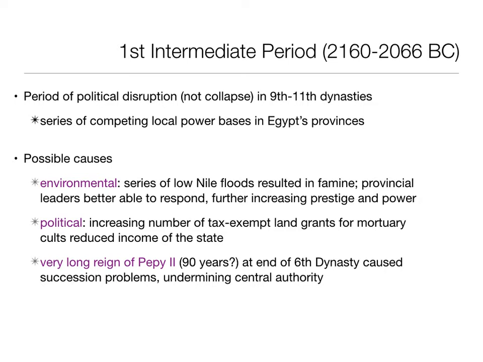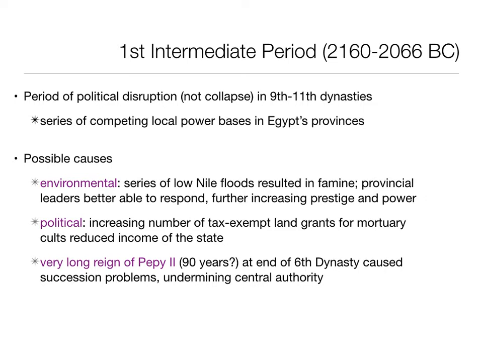In Egypt, during these intermediate periods, and there are three major ones, the power is decentralized, but they're still Egyptian, right? Still iconographically, religiously, linguistically, they're still Egypt. It's just a period where power is a little more diffused, with uncertainty about who's in charge, that sort of thing. But culturally, it's still Egypt.